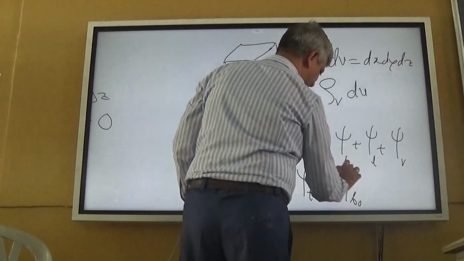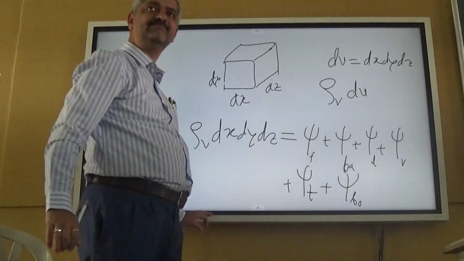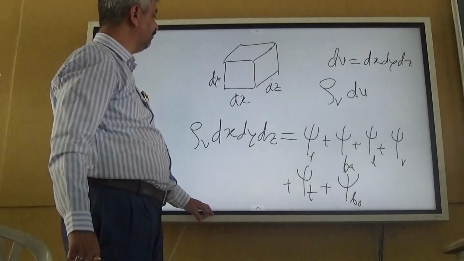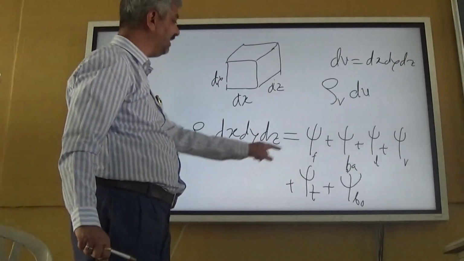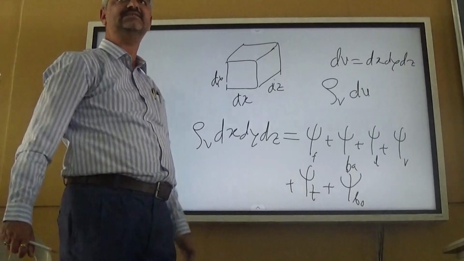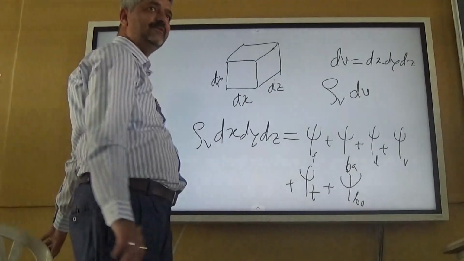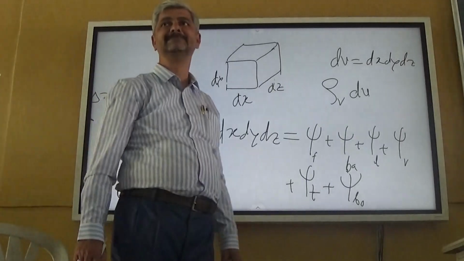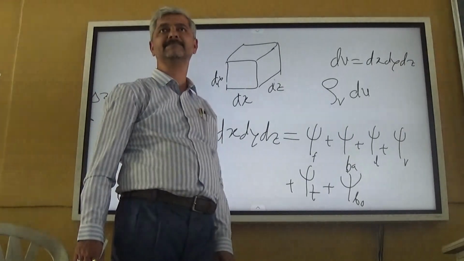This is front and this is back. Then what will be the flux on the front surface? Flux on the front surface would be 1/6 of